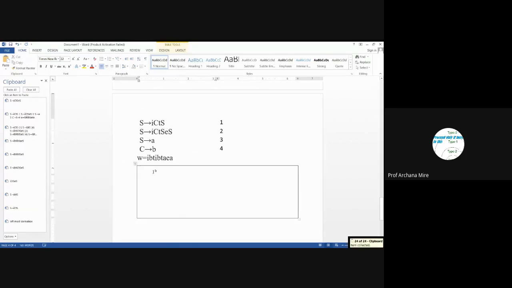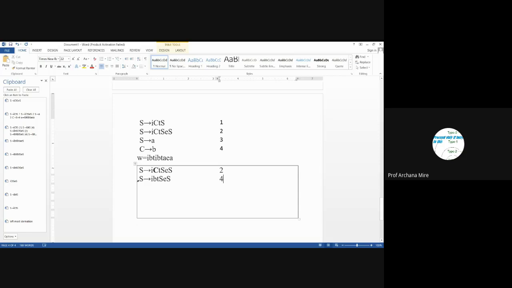So first, we will apply this production rule number 2. We can apply any of production rule 1 or 2 because both are starting from S. Even we can apply production rule number 3, S leads to A. But by starting with the production rule S leads to A, we will not get this string. So we will be starting with production rule number 2. Once again, we are applying the leftmost derivation approach. So this C we will need to replace with its corresponding production rule. So this C we will replace with B by applying production rule number 4.